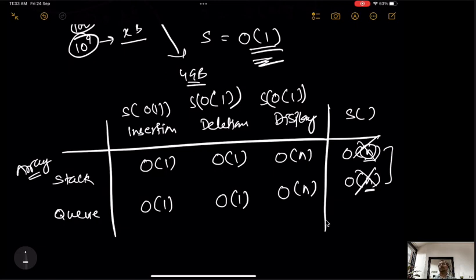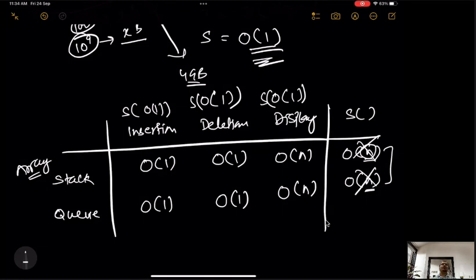But sometimes space complexity becomes n square. Why does it become n square? Because if I have to use a matrix, the matrix is n cross n. So n is the number of rows and there are n columns, so that's why it becomes n into n, which is n square. So most of the dynamic programming approaches have space complexity of n square. Most of the dynamic programming approaches have n square time complexity. Not all, but most. I am not saying all, because sometimes it has n also.